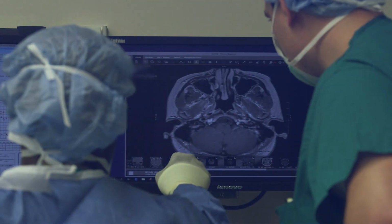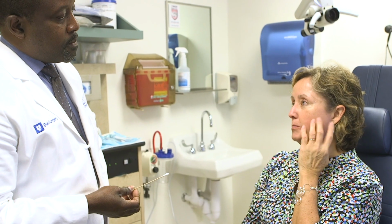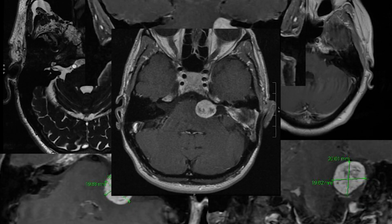I was just sitting in my office one day and it felt like all of a sudden on my left side I went completely underwater, like my hearing just went. And when they looked at the MRI, they saw that I had an acoustic neuroma. That's when I started doing research on where would be a good place to go, and I ended up here